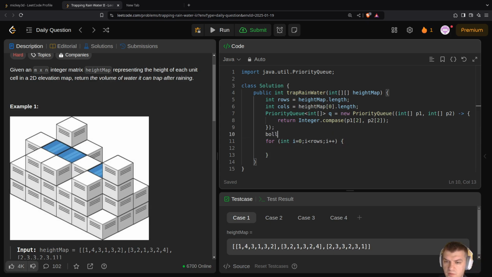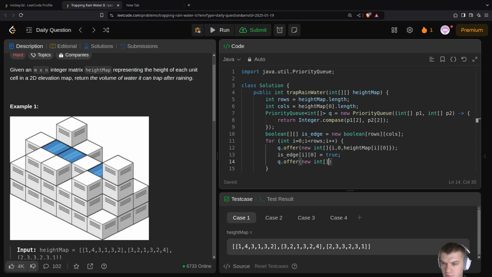And then for int i, I'm going to push the, so I'm going to have a boolean isEdge matrix, new boolean, with rows and cols, and then I'm going to add the initial boundary, and then for q dot offer new int i 0, and then heat map i 0, then if isEdge i 0 equals true, and then q dot offer new int i equals -1, the heat map